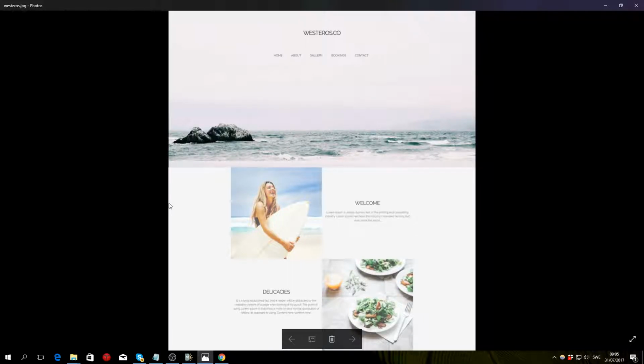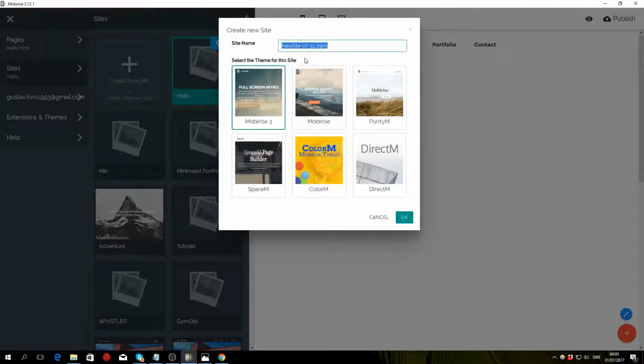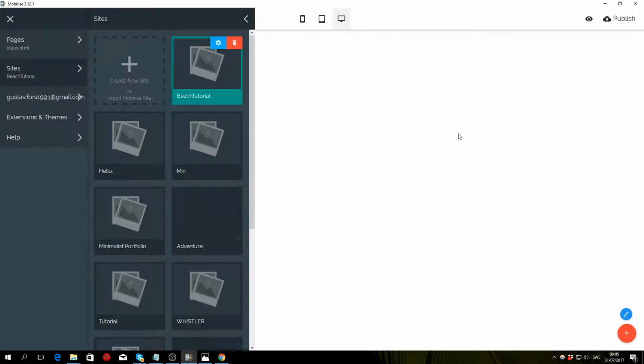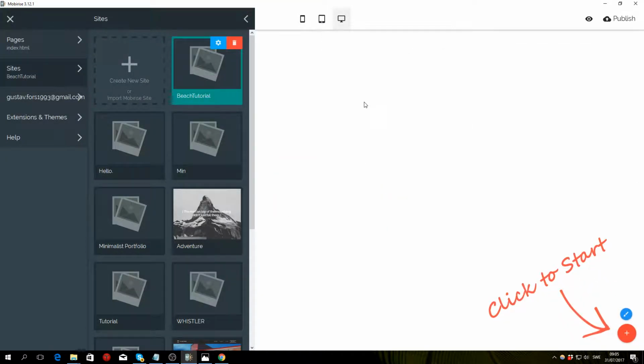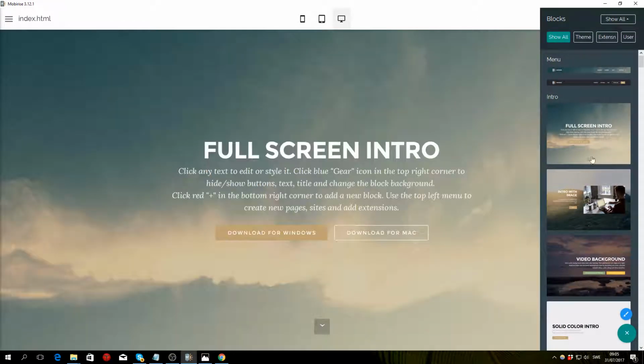Alright guys, welcome back to part 1, in which I'm going to show you how to create this header section and custom menu. So what you want to do is open up Mobirise, create a new site. I'll just call it beach tutorial. Click OK. And now you want to go to the add block to page button, select the full screen intro,